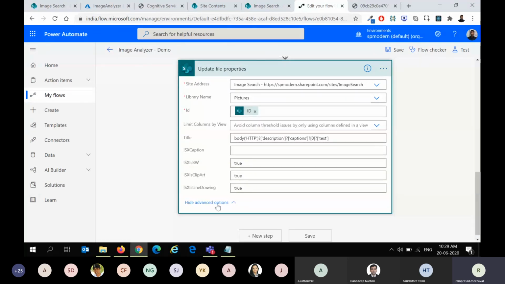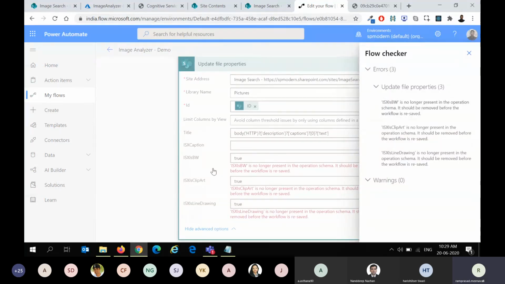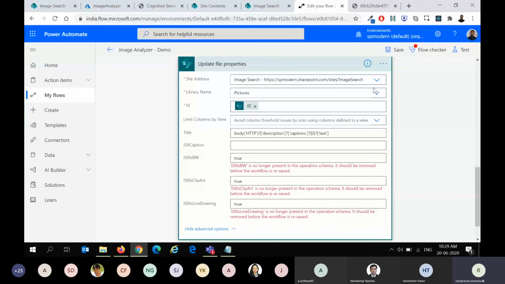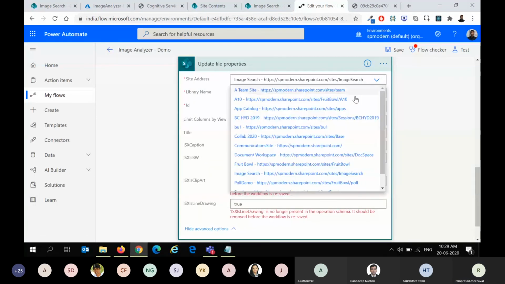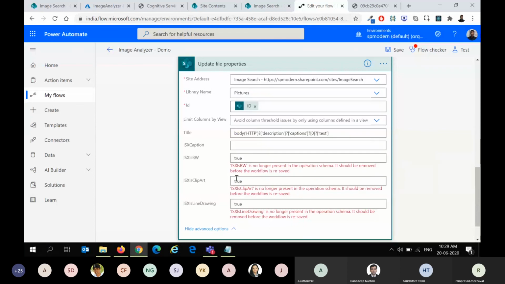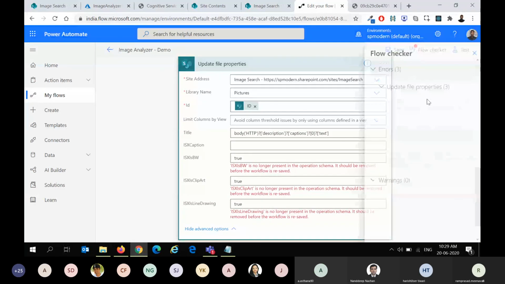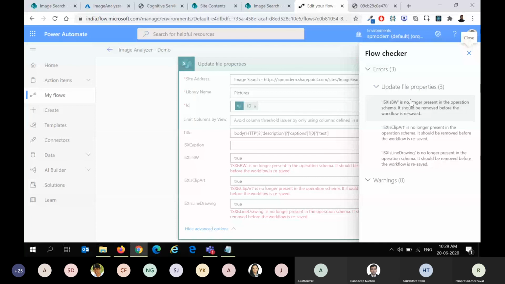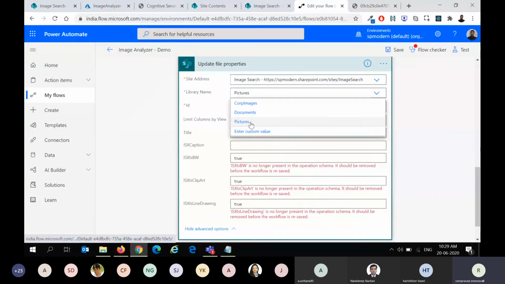Let's see if there are any other properties which I can update. Nothing. So I'll just save it here. Okay. Refresh the schema. I have some custom columns in the other library which it is not taking here.